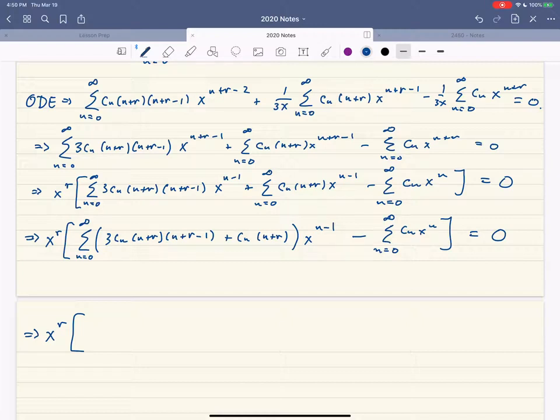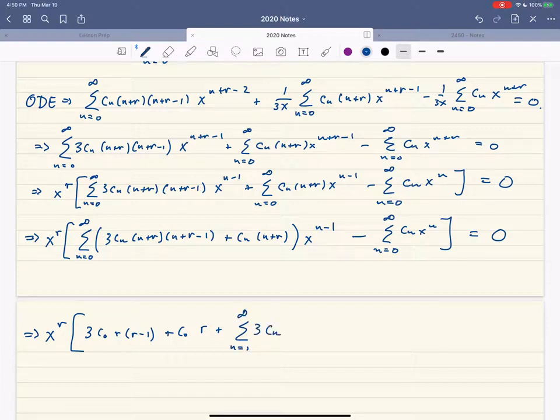But okay, so we're going to plug in n equals 0 into this term. And when we do that, we're going to see that we have 3 c sub 0 times r minus 1 plus c sub 0 times r. After we peel that out, we're going to be left with the sum as n goes from 1 to infinity,